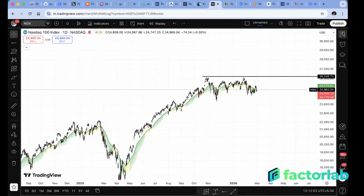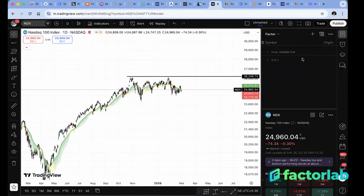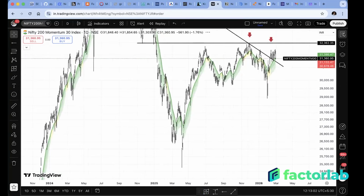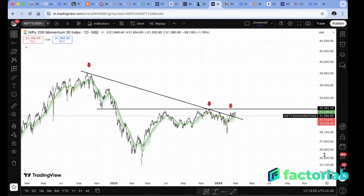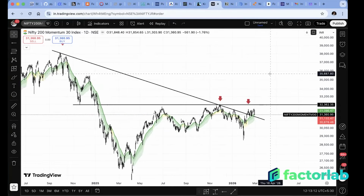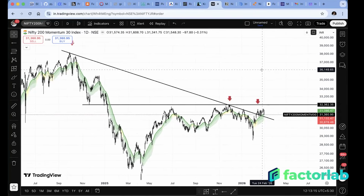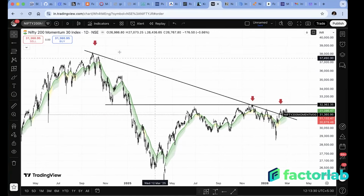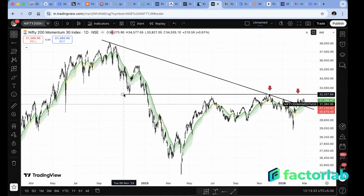That's about the markets. One index that we really like, that we are noticing, is the momentum index, the Nifty 200 Momentum 30. Now, just like in any technical analysis that we do, there will be supports and resistances, right? And we will get bothered about what is happening at those critical junctures of supports and resistances. Horizontal resistance is much more prominent than a slanting resistance or a support line. Now, we are at a confluence of these two. One, I'll show the horizontal resistance, that is this particular level of 32,380, on the Nifty 200 Momentum 30